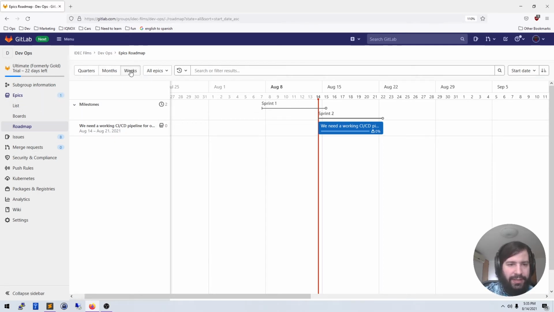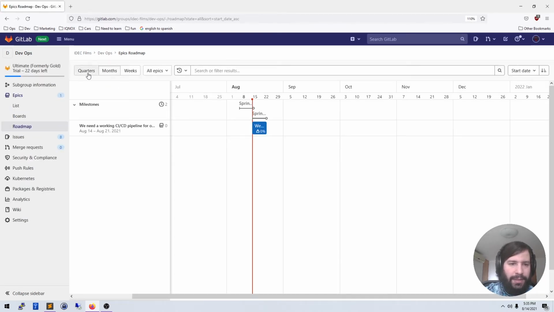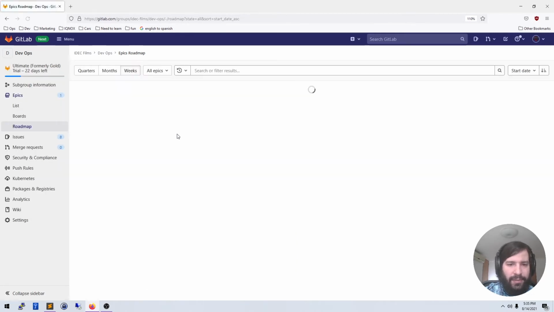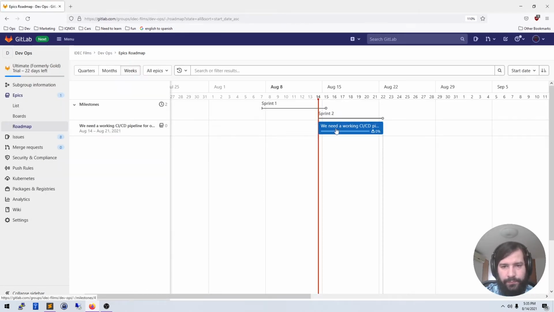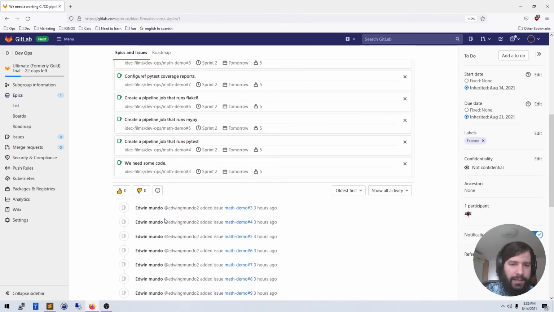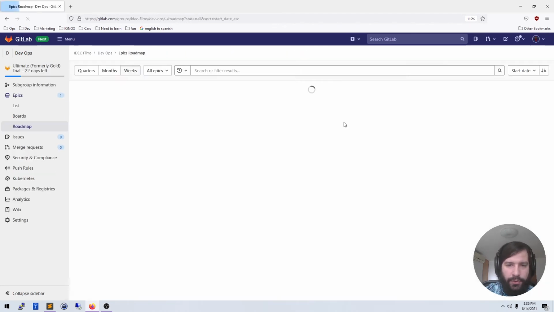I have it set to weeks up here, but I can look at month, and it's going to be a little bit smaller, and I could look at quarter, and it's going to get even smaller than that. But I'm looking at our week, and I could see that our sprint 1 was a week ago. I didn't have an epic for that sprint, but our sprint 2 is this week, and I do have an epic for that. And I can click it and look at it, and if I go back to the roadmap,